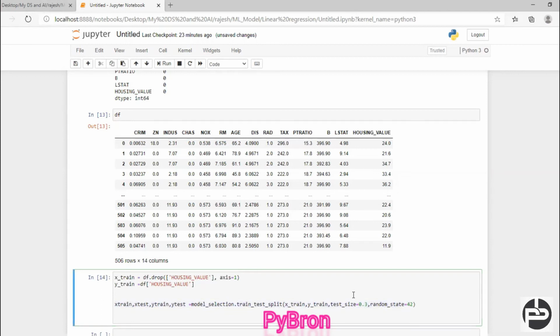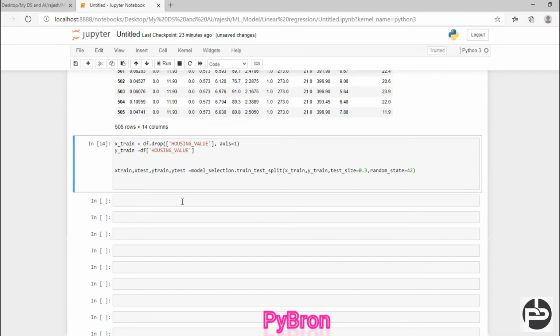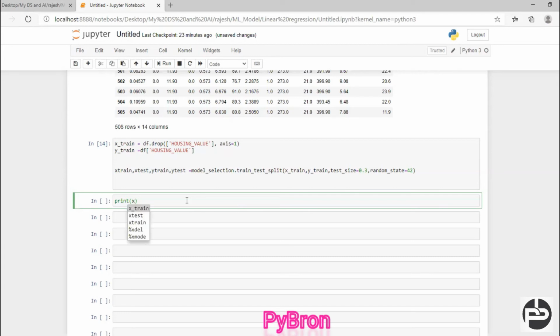So once it is done, if you want to check the shape of that data set, print xtrain.shape. I converted my data set into 70:30, meaning for training I took 70% and for testing I took 30%. Why that is, I already explained.